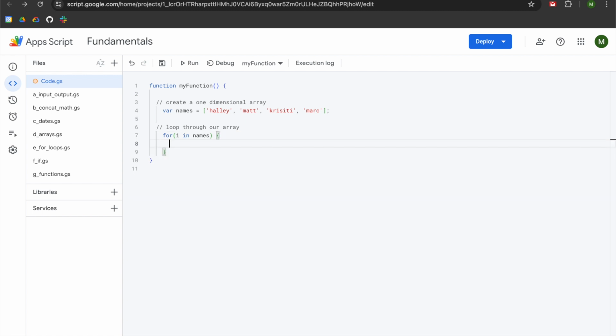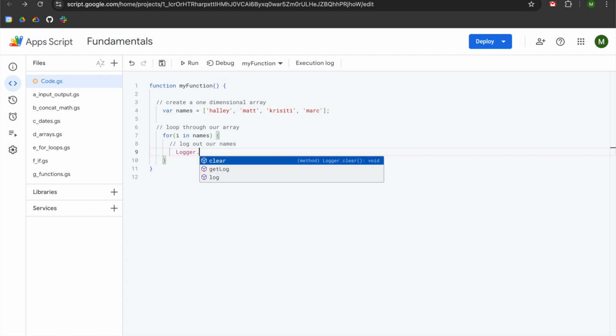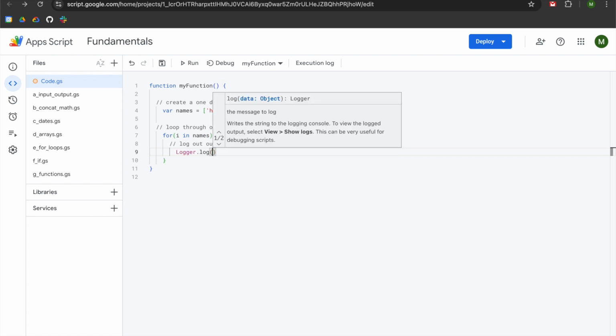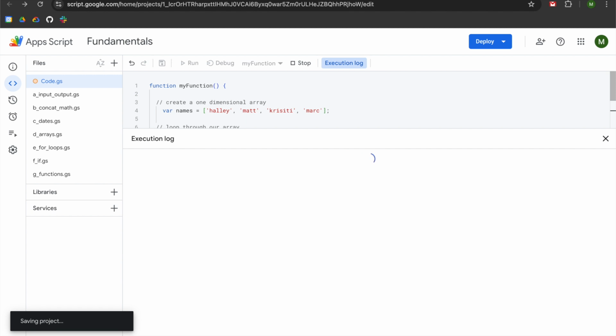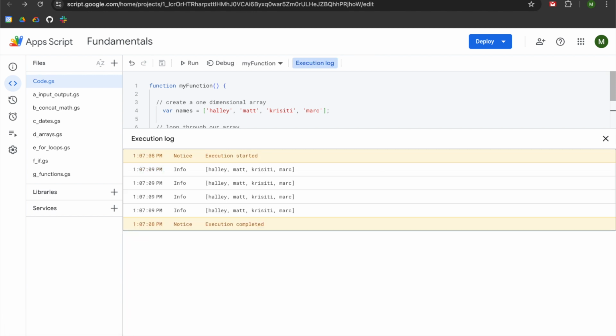We'll hit enter, two slashes for a comment, and we will log out our names. So we'll hit enter and tab and we'll do logger.log, open parentheses, names. We'll hit the right arrow once, add a semicolon, and now when we run our script, you'll see that we are getting,